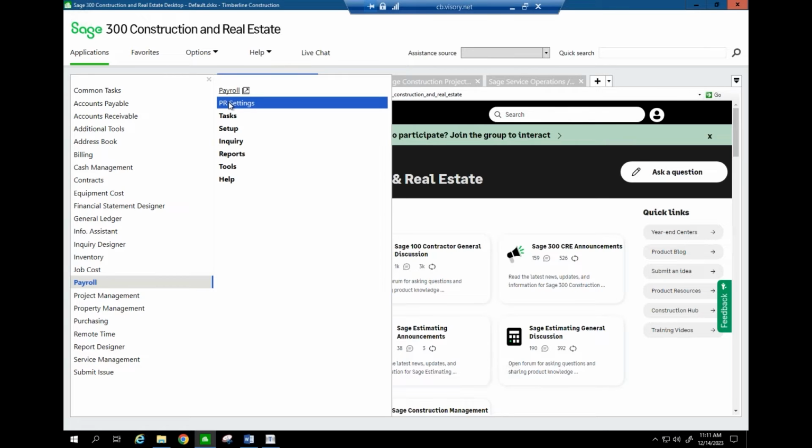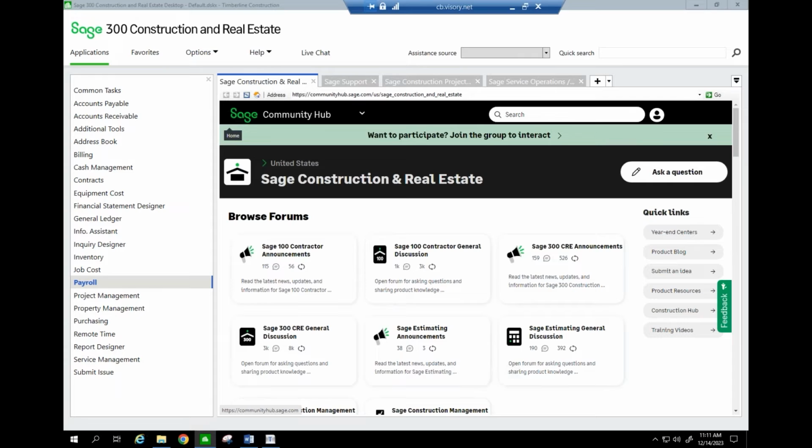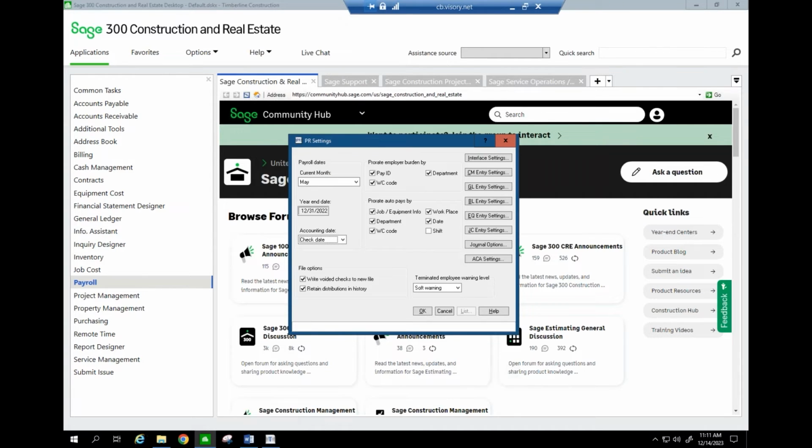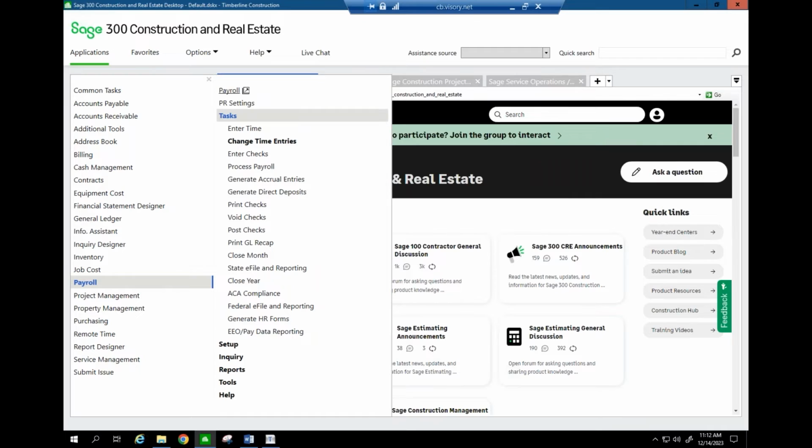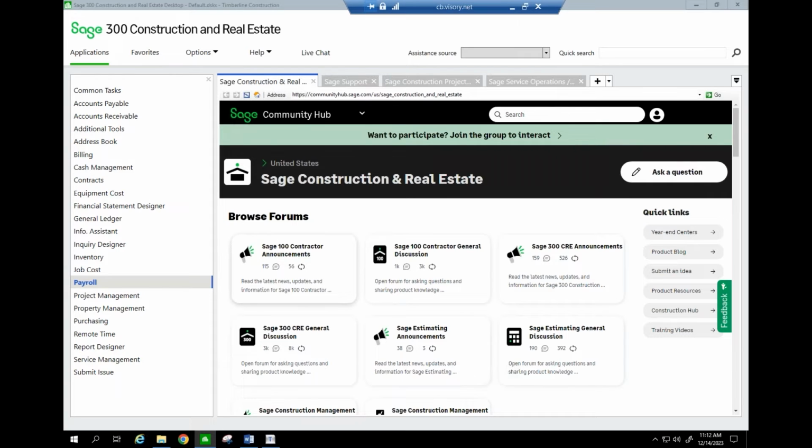Speaking of closing the year, let's go into payroll settings. So here, with our sample data, I'm not going to roll forward to December and then actually close the year in 23. The sample data is in 2022 here. But as far as closing the payroll year, number one, as you saw, we're in May of 22, telling you something you very well may know, right? If I try to close the year now, it's just a quick, simple point: you have to be in December before we can start closing the year,